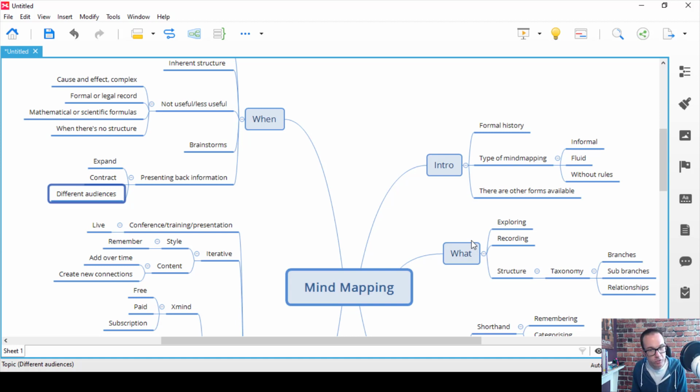I think mind mapping, for me at least, is a tool that should be done in the way that's useful for the person who's creating it and for the people who are consuming or reading it. There are some folks that would say, for example, that you should minimize the number of words on a mind map, and that's fine. I think that works well in some contexts. I take a slightly more fluid view than that.